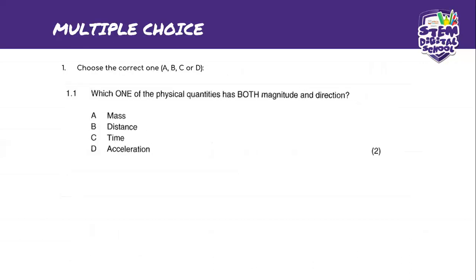The first question here is going to be a small multiple choice. Please, guys, take pictures as we go along, because I know you're going to test yourself for 45 minutes, but you might not start immediately. So this is the first question, the multiple choice: Which one of the physical quantities has both magnitude and direction? Write that down, but please take screen grabs as I go along on these questions.